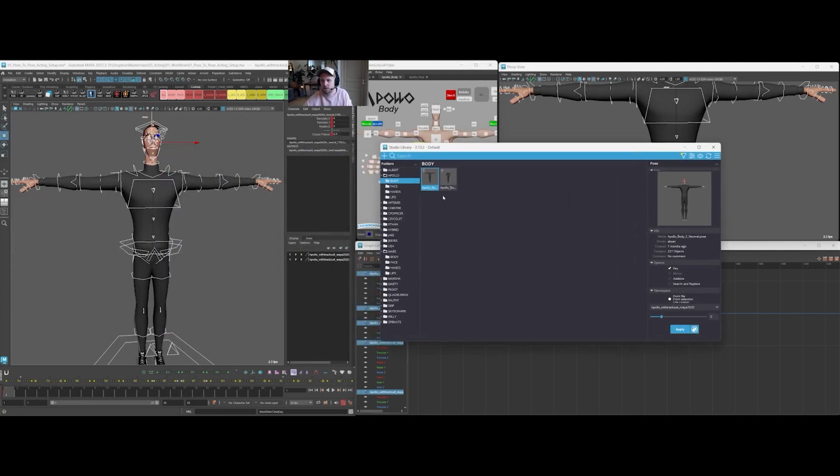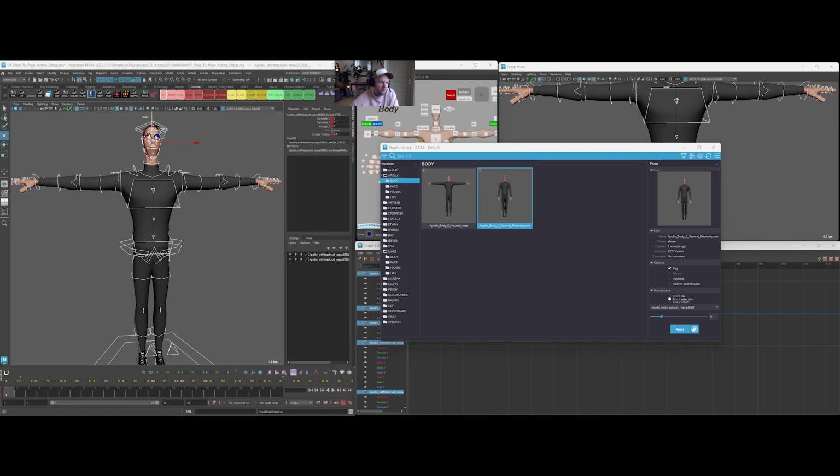And I've shared with you as well in Studio Library some poses. There is a neutral pose and a neutral relaxed. You can start from both of them, whichever one you think is going to be more useful for your shot. So if you go in the next pose and you actually apply this, you will see that there is a